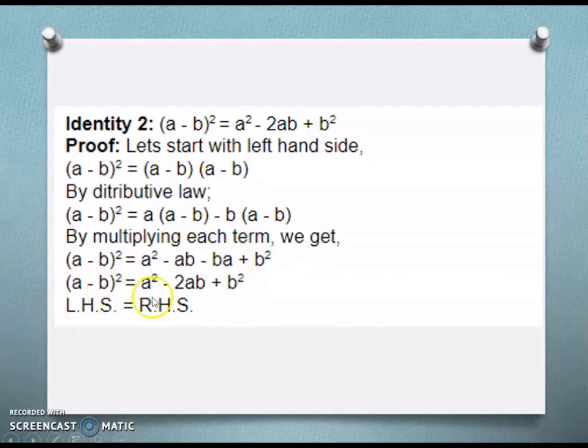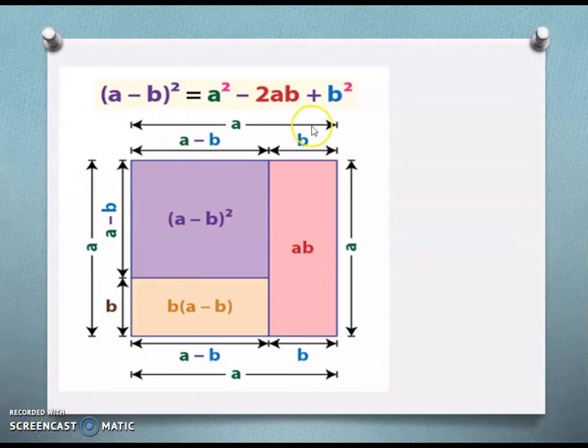So therefore this is the identity. This is a proof, algebraic proof of the second identity. Now for the geometric proof of the second identity, you will consider here a square whose length is a, and